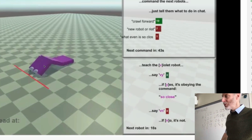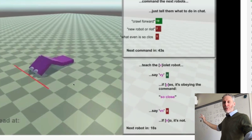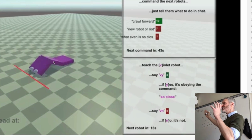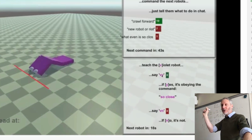For those of you that are familiar with reinforcement learning, one of the most popular topics in reinforcement learning at the moment is reinforcement learning with human feedback. This is a version of RLHF. The robots at this point have absolutely no idea what "crawl" means or "so close" means or "jump" means, but they might be able to start to form an association between symbols and what they feel if they hear something and they generate a particular type of sensation, like they actually crawl forward, and they get